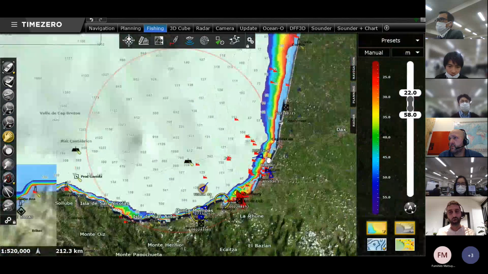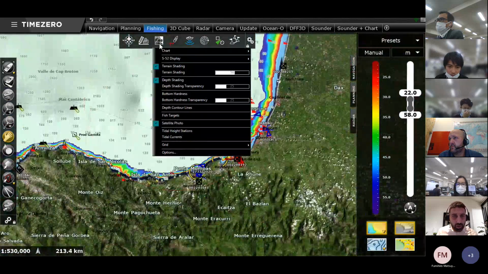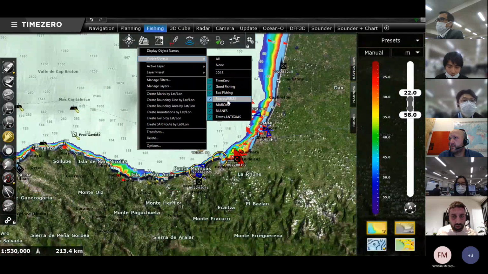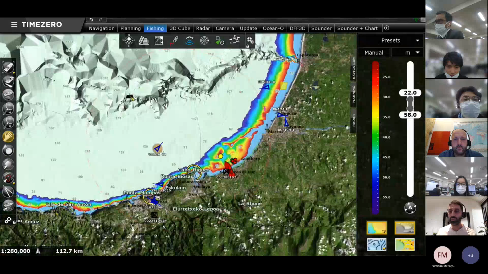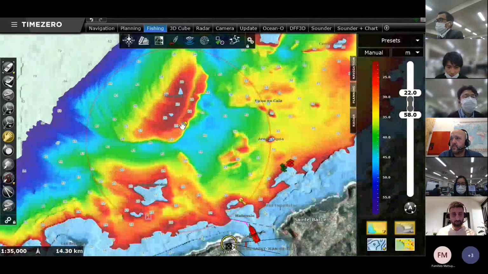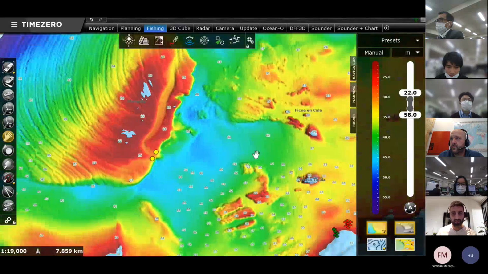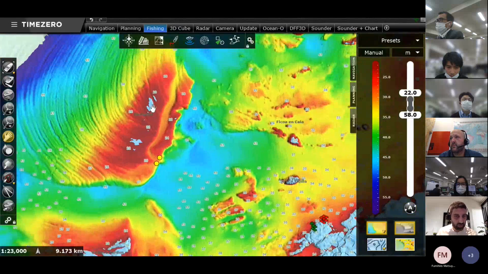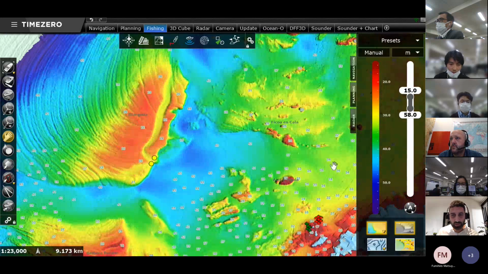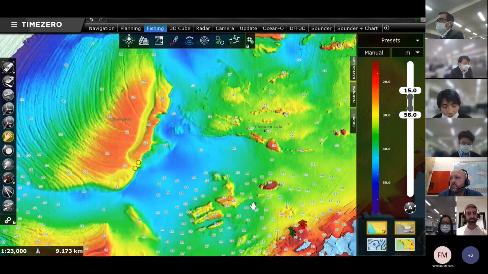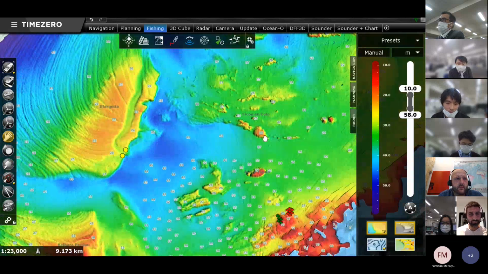So what I see in color on my TimeZero now is that I've taken off some data. When I zoom out, you see that I'm only displaying data between 22 and 58 meters. But I will zoom in again on my nice database. Here you see that some color disappeared when I put 22, so I would like to adjust it a little bit, so everything is covered with nice coloring, nice depth shading.